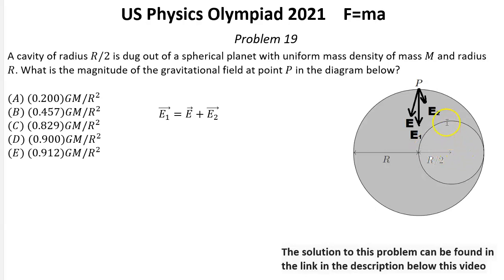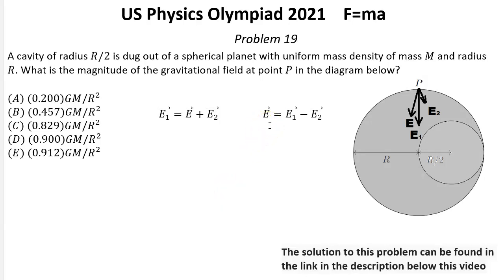The gravitational field for the removed part of this sphere is E2, and E is the gravitational field for our figure with the cavity. So it means that E1 equals E plus E2, and from here we can find that the gravitational field for our